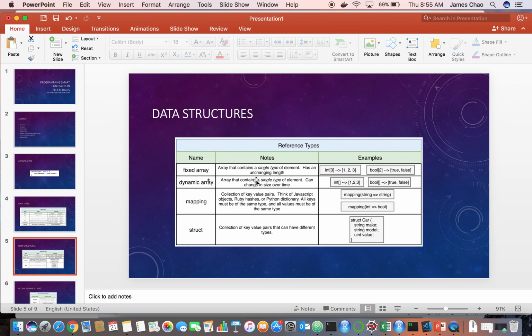Then next we have the data structures. So for Solidity, the four data structures that you are allowed to use to create variables are fixed arrays and dynamic arrays, mapping, and structs. Fixed arrays are basically arrays where you can have a specific type tied to it. So in our example, we have an integer array and we fixed it to a length of 3. So your array basically has 3 numbers in there. You can also do a Boolean array, and this one has 2 values in there,